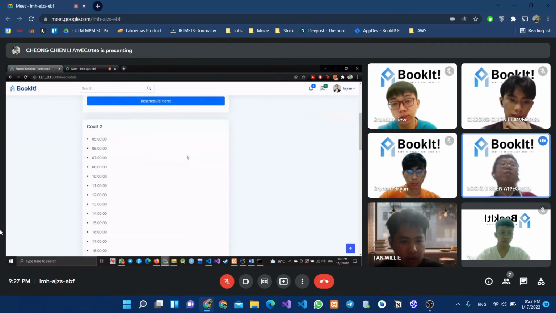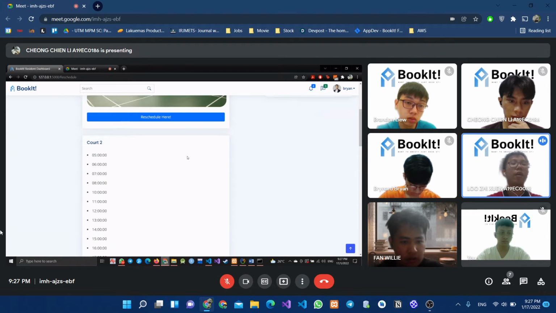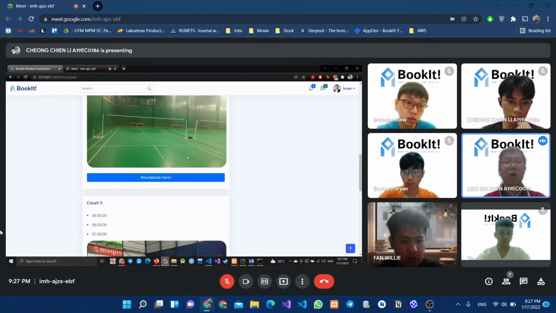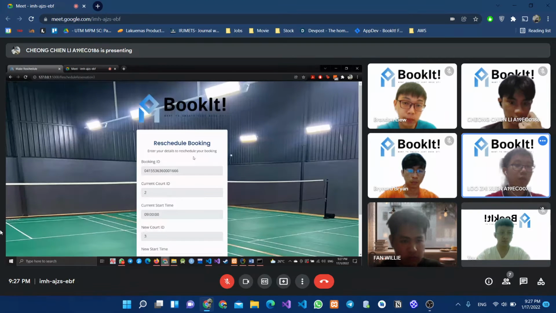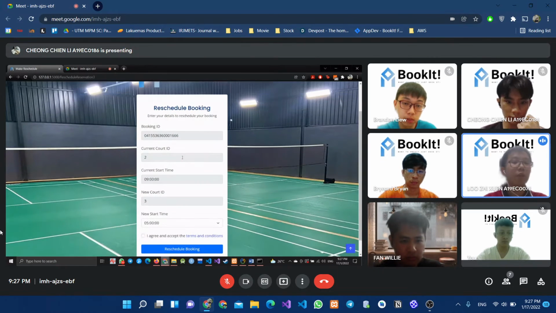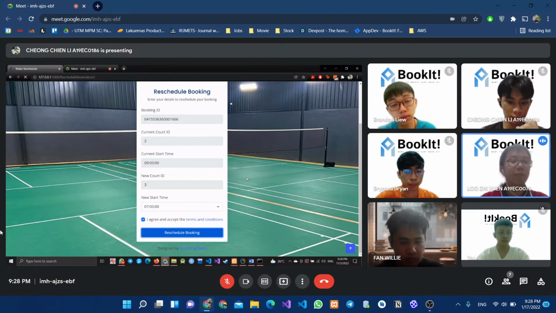Since now we are selecting court 2, maybe you feel that court 2 is quite messy or quite dirty, and you want to change the court to play. So maybe you can choose court 3, with the available time given. Just now your booking started at 9 a.m., but since court 3 is not available at 9 a.m., maybe you have to adjust your starting time. In this case, I assume we can choose 7 a.m. as the start time. So when we press I agree and reschedule the booking,